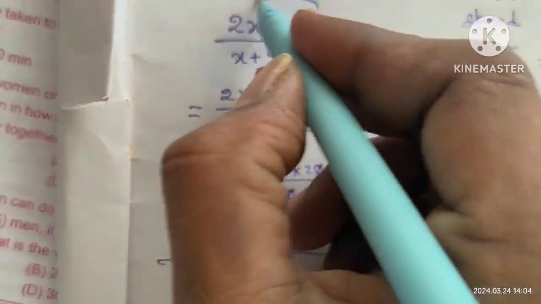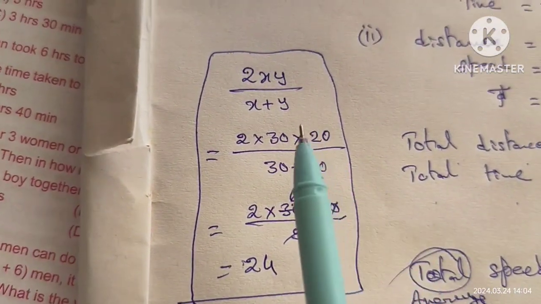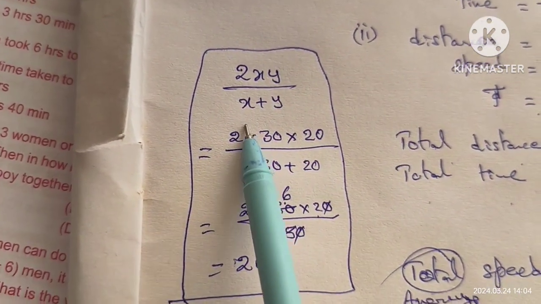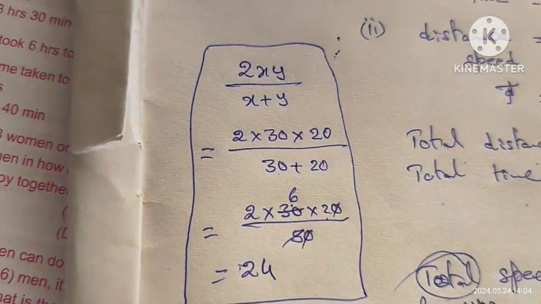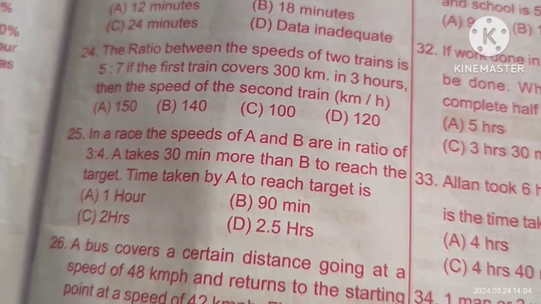In a simple way we can do it using the shortcut. The formula to find the average speed is 2xy by x plus y. This is the short method. Okay. Next question number